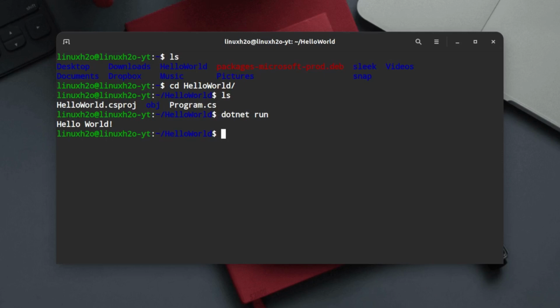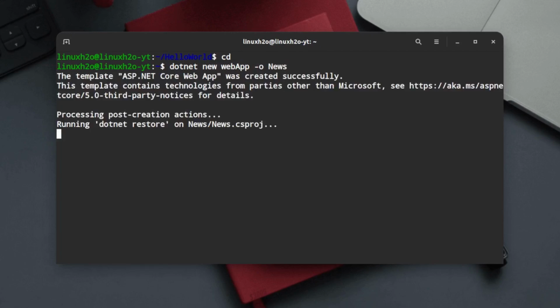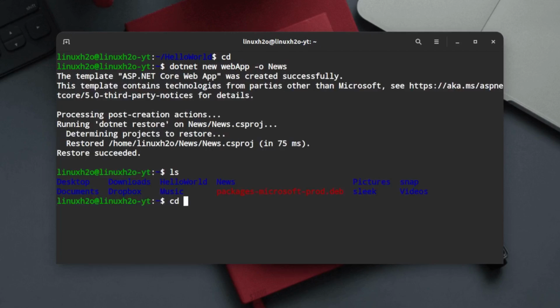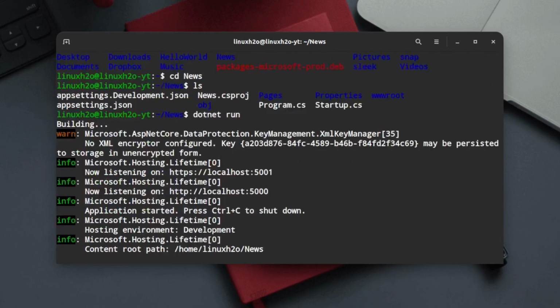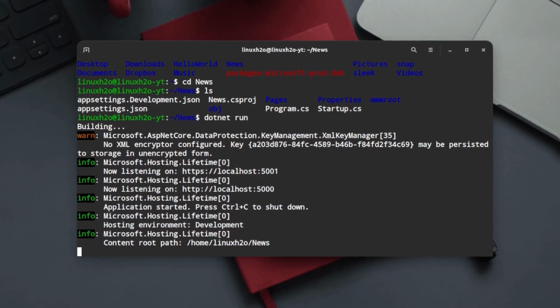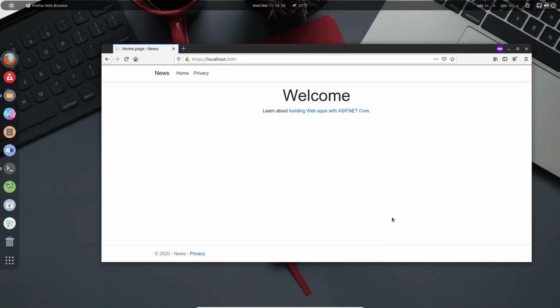Now let me create an ASP.NET web project and run it. So here is the project file for the web app. Now I'm going to run the project. Now we can open up the browser and go to localhost:5000 to check the project. And as you can see,